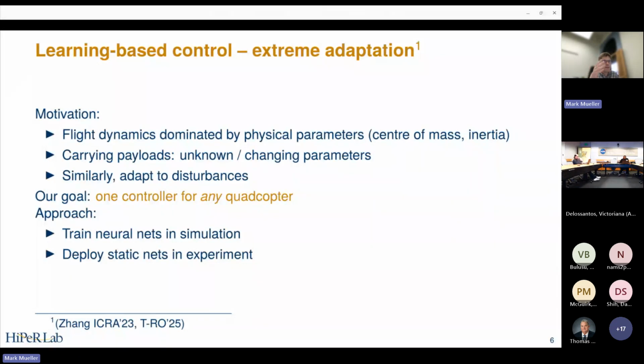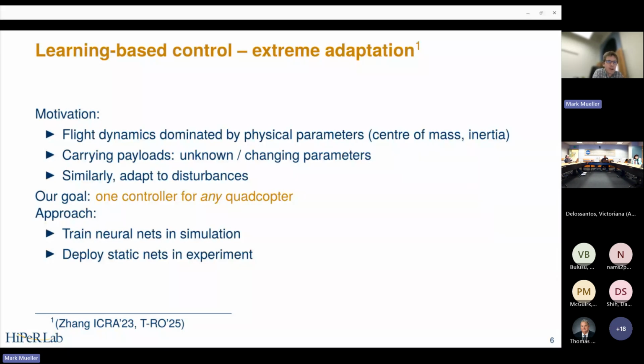The way we will do this, and I'll spend a lot of time on this, but just briefly, is we will train a neural network-based controller in simulation, and then we'll deploy this in experiment. And this is then the system that will run, and this comes from this paper that I think was shared in advance. So if you think about classic or conventional control design for these kinds of aircraft,